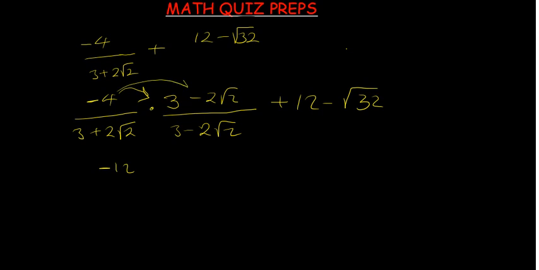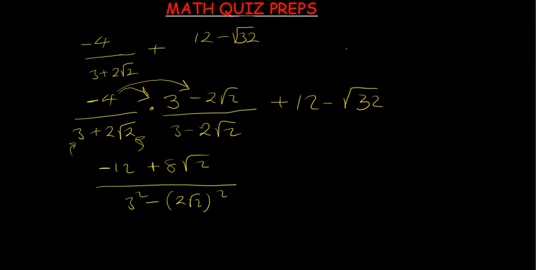Negative 4 by negative 2 root 2, that will be positive 8 root 2. Now the down part, we can just get the first number here, square it, minus the second number, which is the 2 root 2, also square it. Please, it's everything in the brackets. If you miss out the brackets, you might not find the right thing. So that is giving negative 12 plus 8 root 2